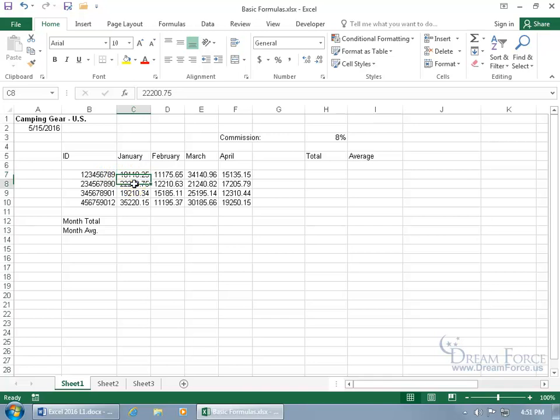Then when I advance in the same column down to the next row, it's the next employee for the same month. Now let's go ahead and go down next to this label. I just typed it in. So you can tell that we want to get the month total for January, and then we'll do it for February and so on. So to create a basic formula to add up all the cells within the month of